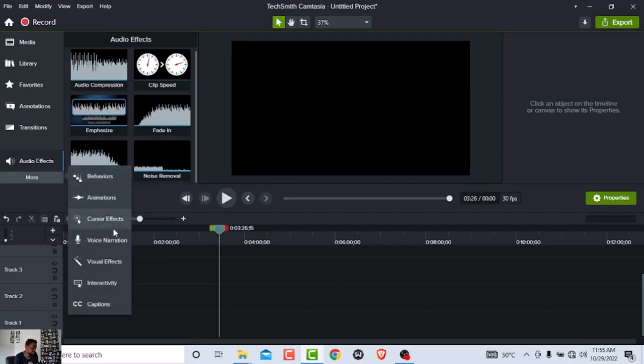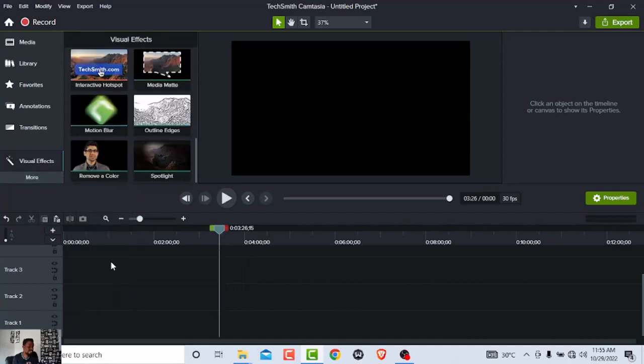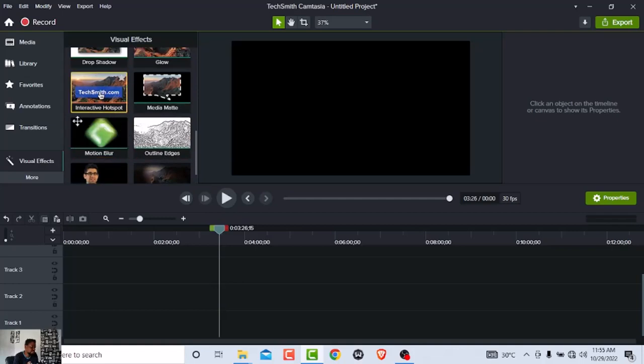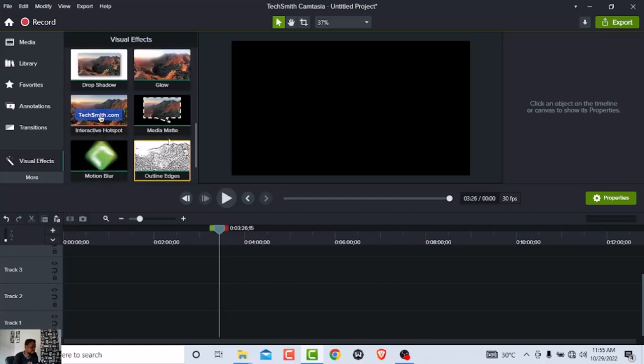So again, you can come to the visual effect, which is like the video effect. So from here, you can see that Camtasia allows you to remove green screens. So you can remove green screens with just a click inside of Camtasia. You can add spotlight, you can do outline edges, you can do motion blur, you can do interactive hotspot, you can do media mates, like cutting out